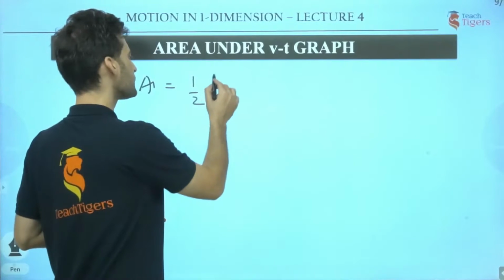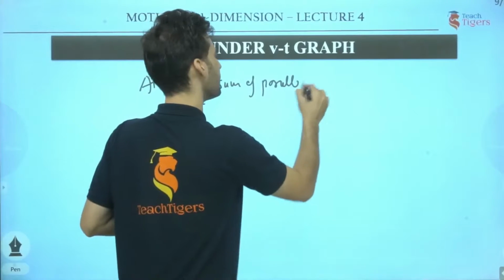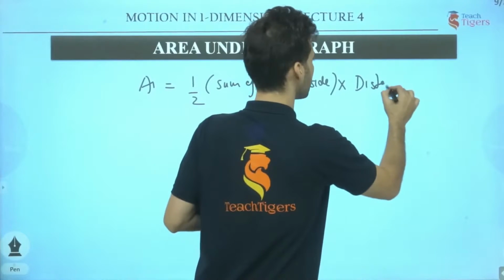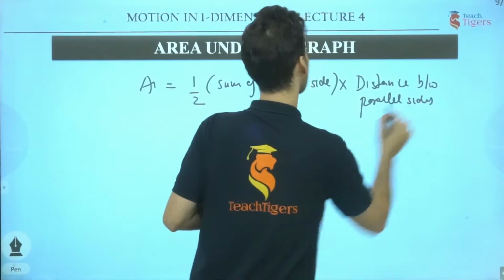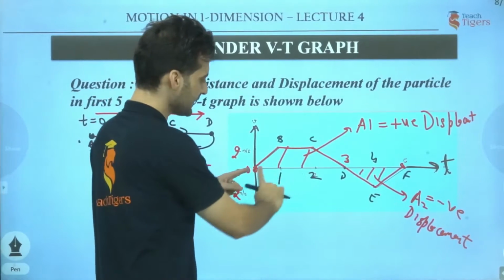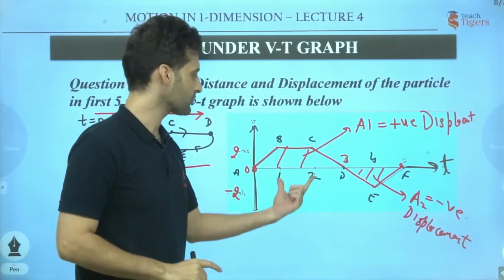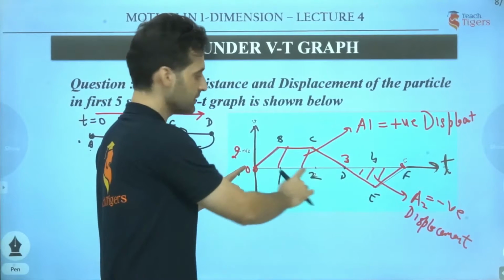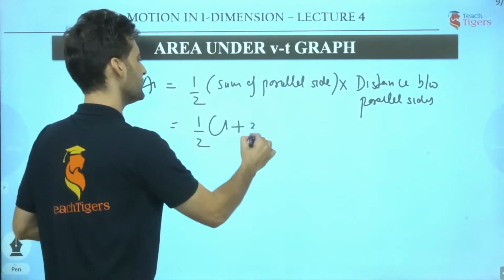Area of trapezium is equal to half the sum of parallel sides, for those who don't remember, multiplied by the distance between those two parallel sides. This is how area is written. Now you see what are the parallel sides over here. These are the parallel sides, BC and OD, isn't it? We sum them up. BC is how much? 1 to 2. It's 1. And how much is OD? 1, 2, 3. It's 3. Fine. BC is 1 and OD is 3. So I can write it like this: 1 plus 3. You can do it yourself also.